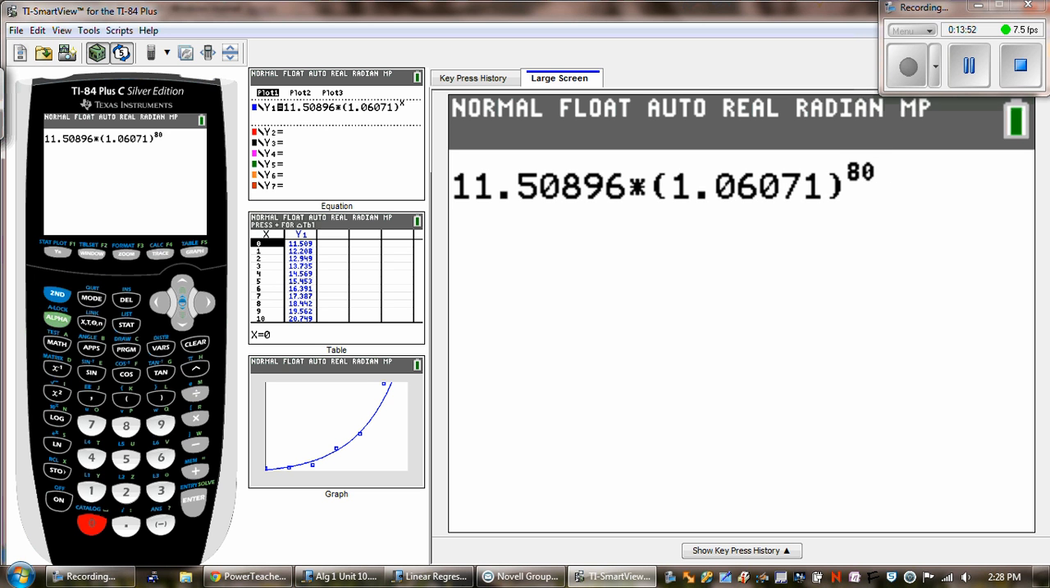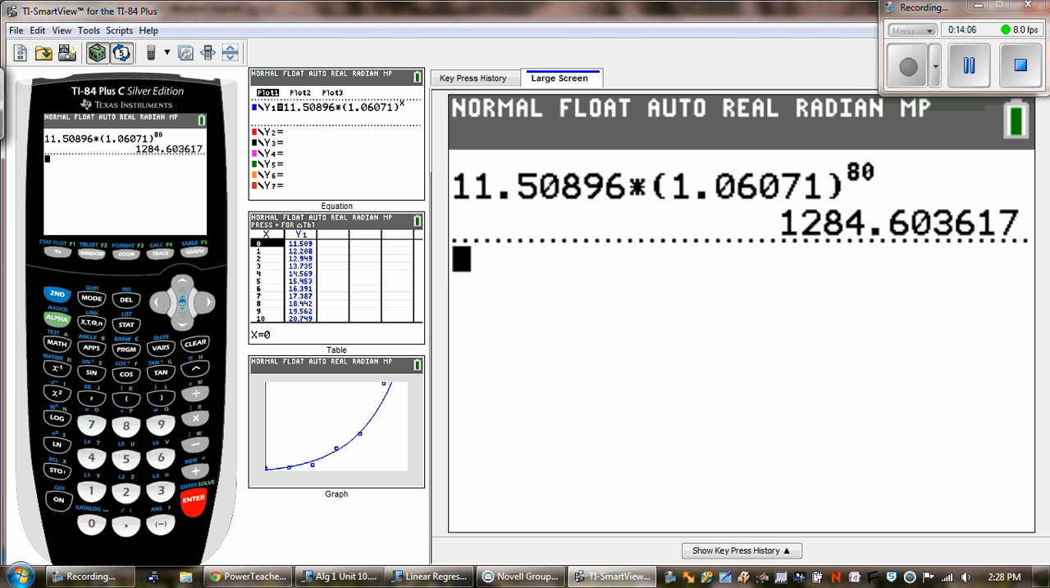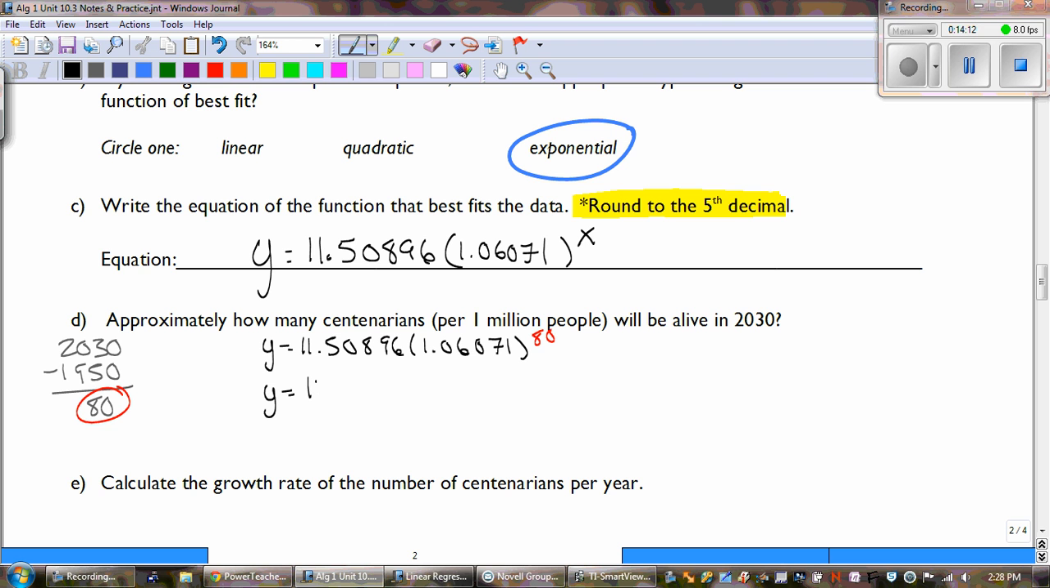Okay, so I'm just double checking 11.50896 times 1.06071 raised to the 80th power. You can do this on your calculator too. And when we plug that in, let's see, we get 1,284.6. But once again, we're talking about people, guys. If we're talking about people, we can't have 0.6 of a person. So we are going to round this, and we're going to round this up. So it's 1,285 centenarians